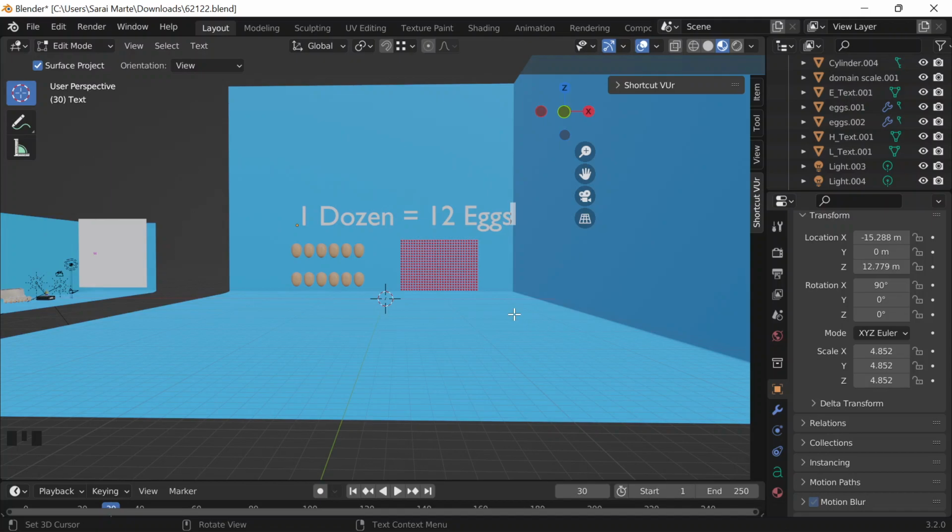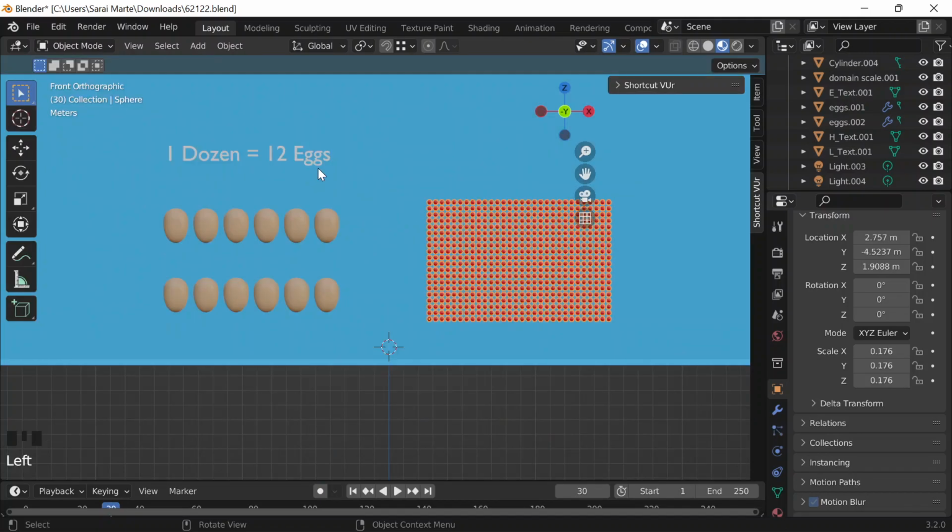And then go to front view, and then maybe, I think it looks good that way, G, X, GZ. Alright, so just like 1 dozen equals 12 eggs, and then I'll do Shift D, and then G, X here, and then I'll be like, okay, 1 mole